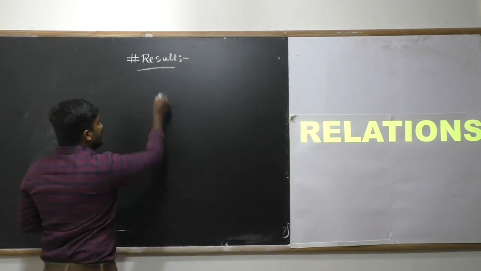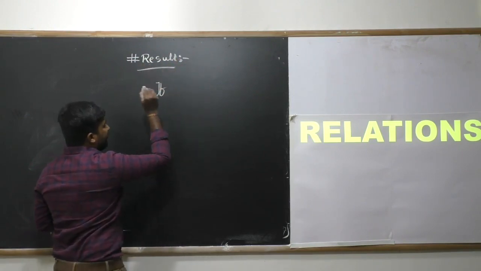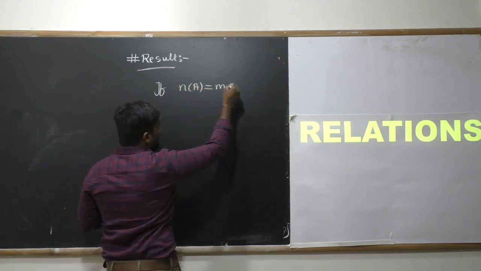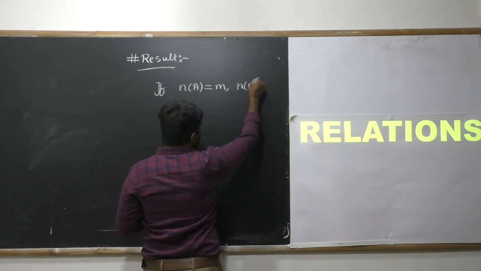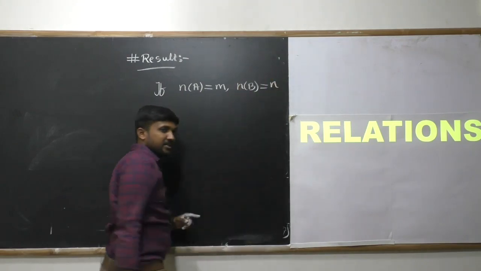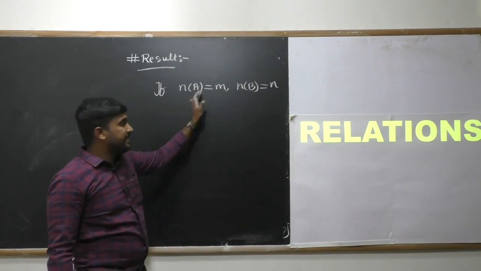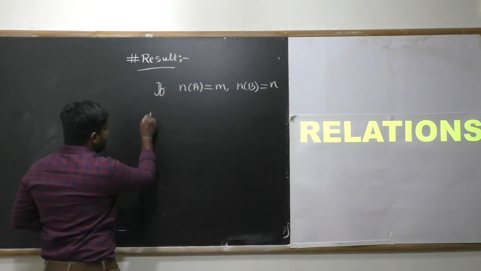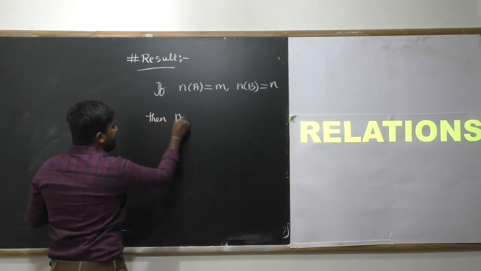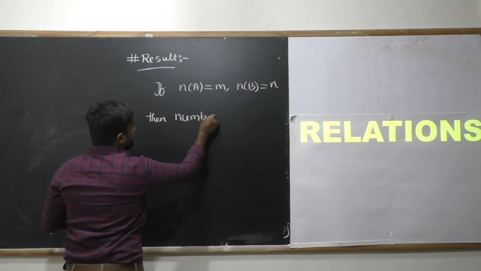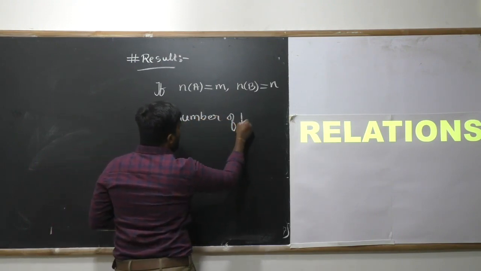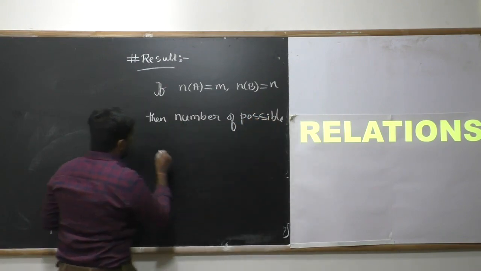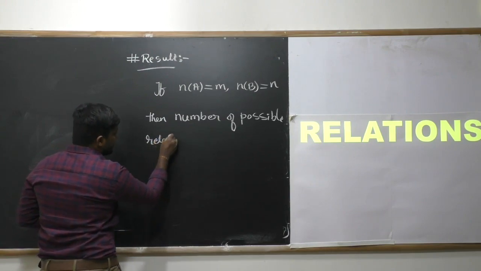Result: if n(A) is equal to m, n(B) is equal to n, number of elements in set A is m, number of elements in set B is n, then the number of possible relations